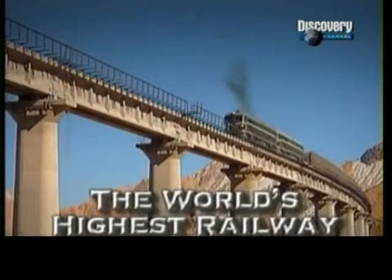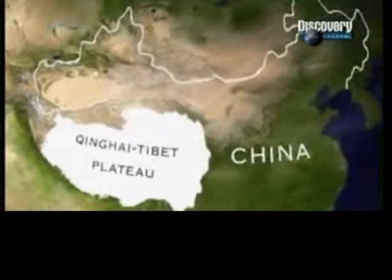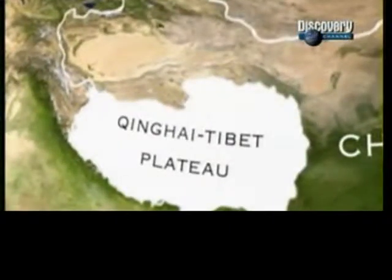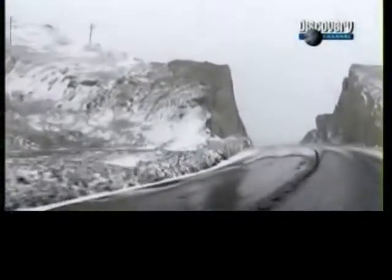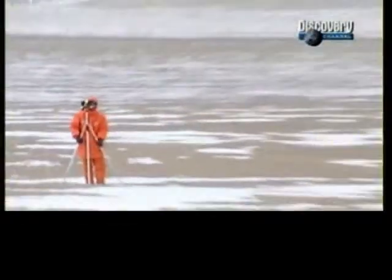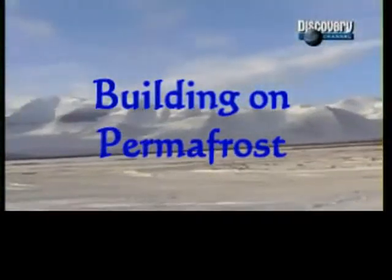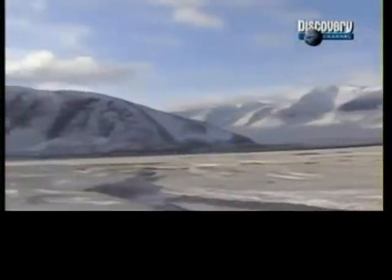This is the world's highest railway, the Qinghai-Tibet Railway. The isolated Tibetan Plateau is located in China's southwest. Entering the Tibetan Plateau on land is a long and hard journey. Chinese railway engineers oversaw the construction of the 1,100-kilometer railroad, of which 550 kilometers, roughly half of its total length,